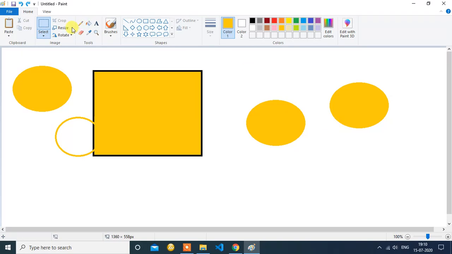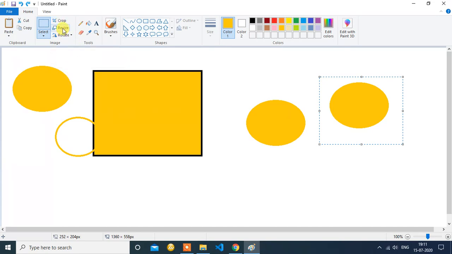And have you noticed one thing, that if we hover over anything for a long time, we will get the key combination for that. As you can see, for resize and skew we have Control plus W, and paste we have Control plus V, cut Control plus X, and copy Control plus C, as I have said. So this is also helpful for you. And for crop also we have Control plus Shift plus X.